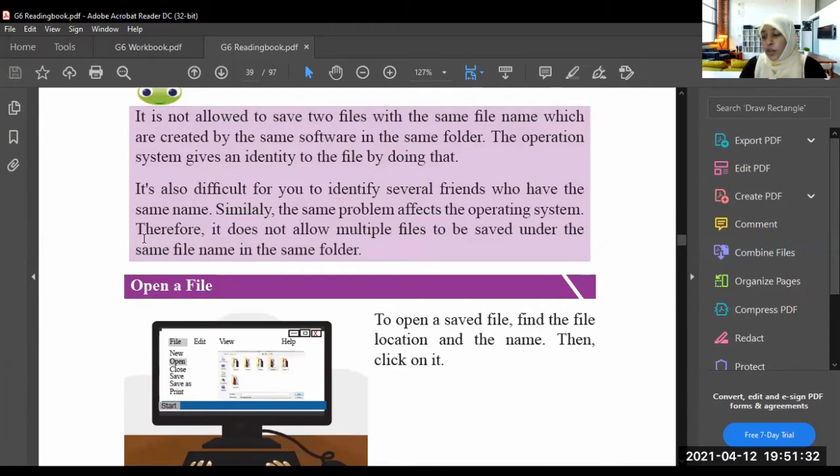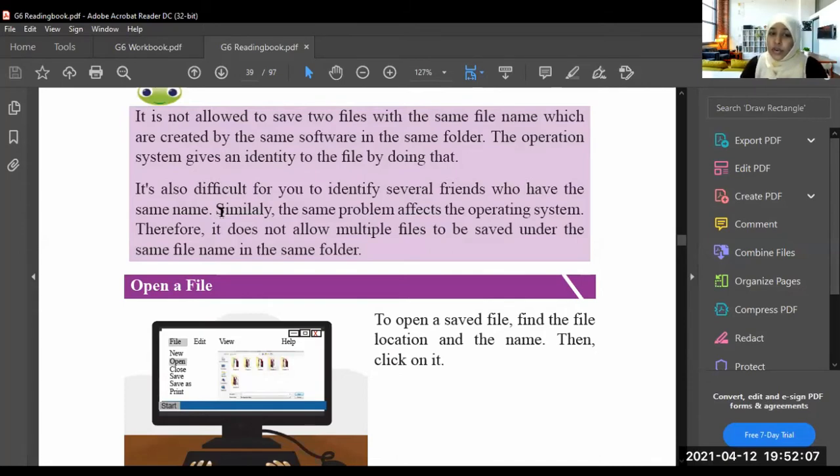For an example, you open Paint, okay, so you provided a name like project1 for that file. Again you created a Paint file and again you save it as project1. Then what will happen? You can't save it because those two Paint files are named in the same name. So that's why you can't save them. For that, what should you do? You should rename it, right? You should change the name of the file and save the file.